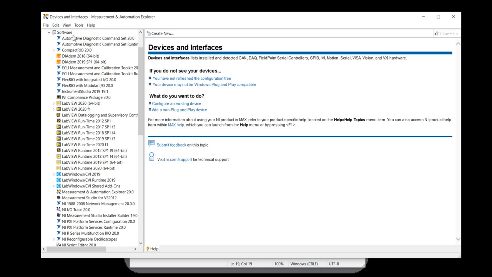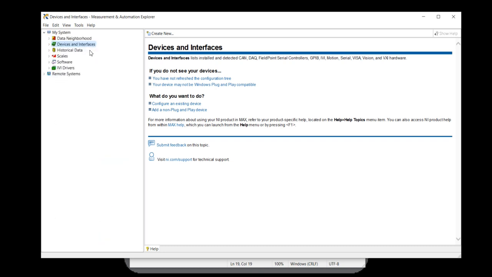In my Devices and Interfaces, when I expand it, by default, searching right now, I am getting this USB 2.0 webcam.